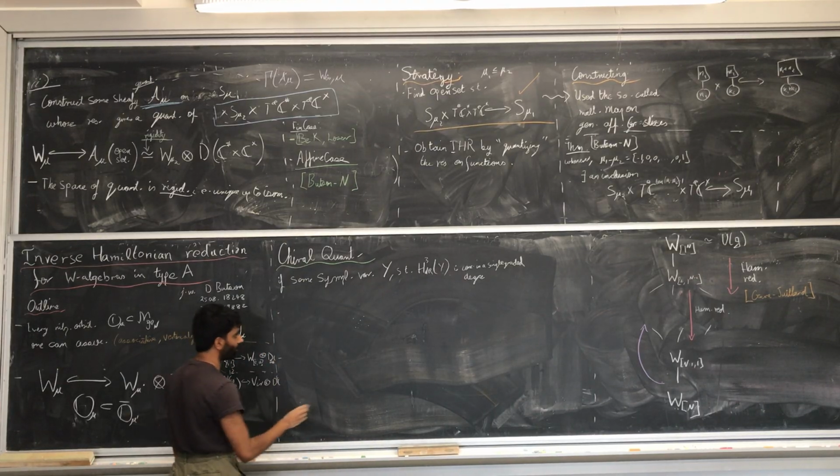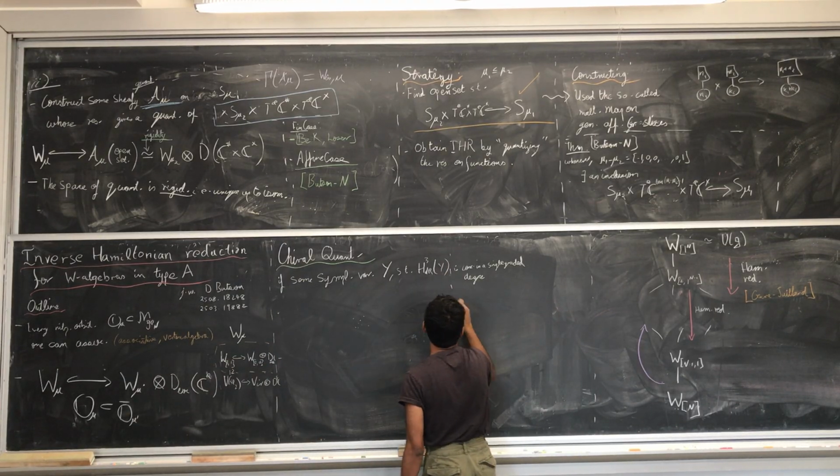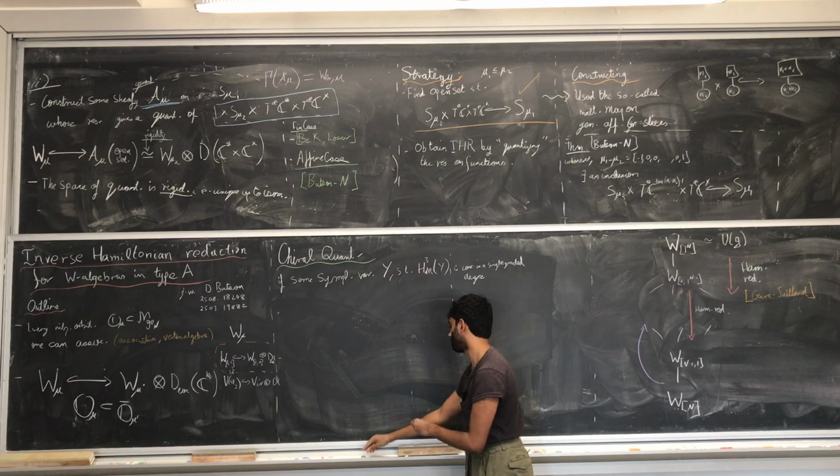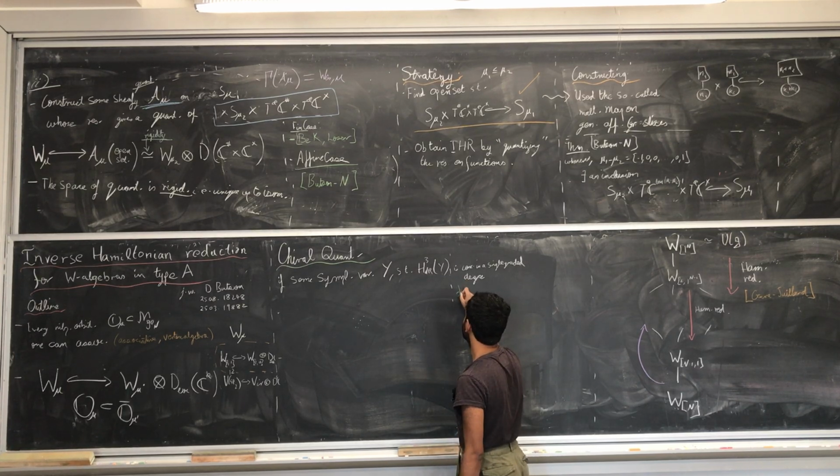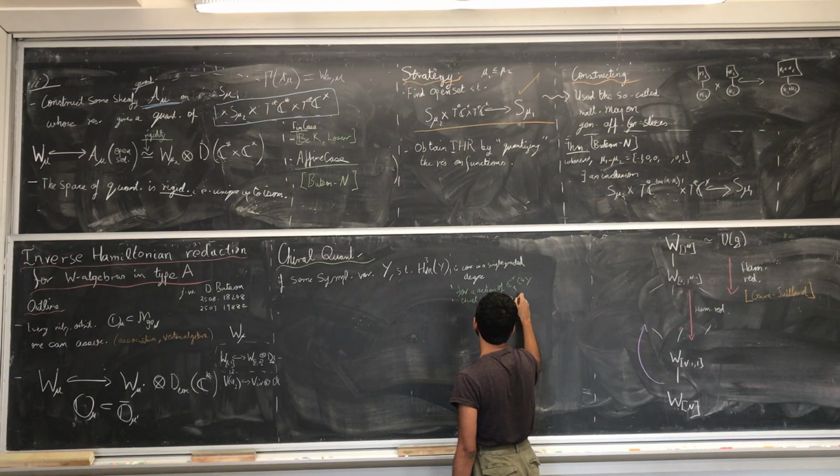We're trying to be, so for an action of C star H bar on Y that scales the symplectic form with weight